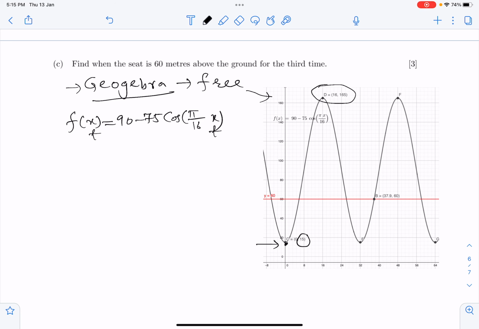Now they are asking, find when the seat is 60 meters above the ground for the third time. So look here, y is equal to 60. I have drawn a straight line. So first time it will be at this time, second time it will be at this time, and third time it will be at this time. So the time is this, the height is this 60. Okay, so therefore from the graph,